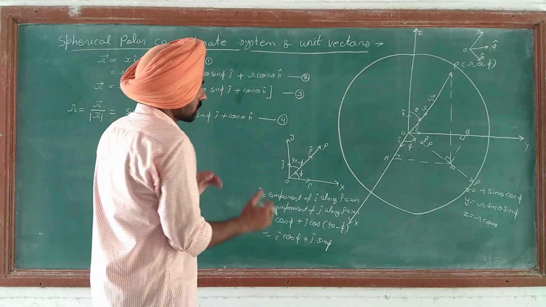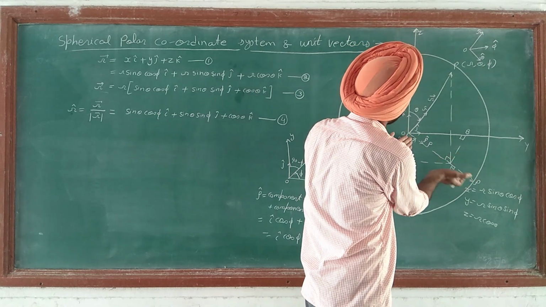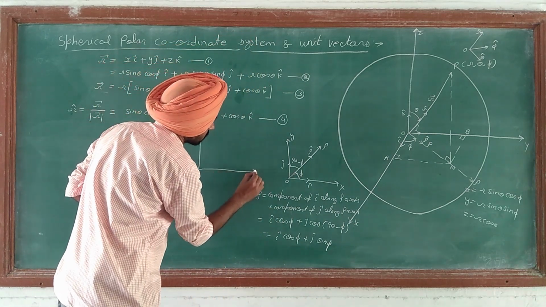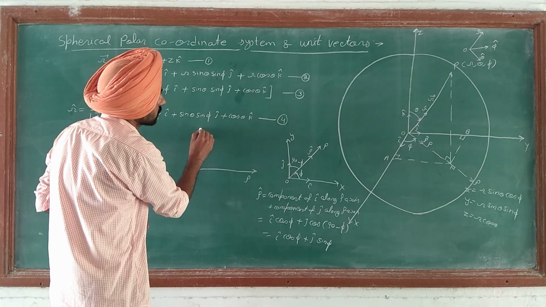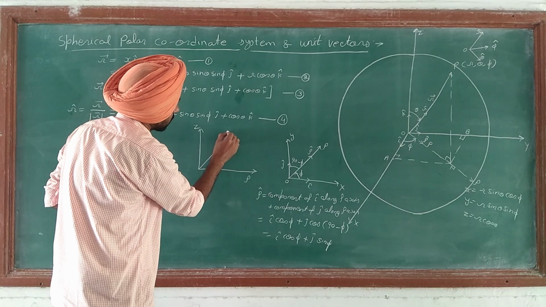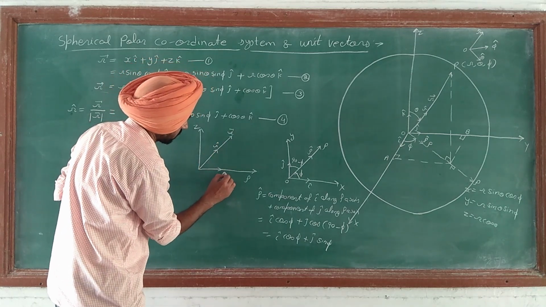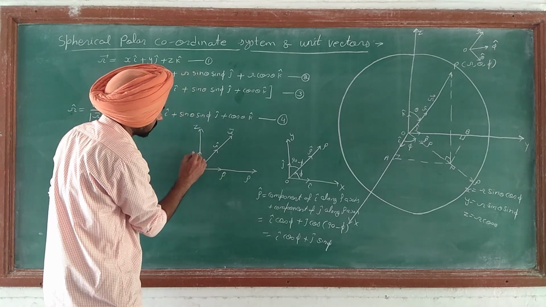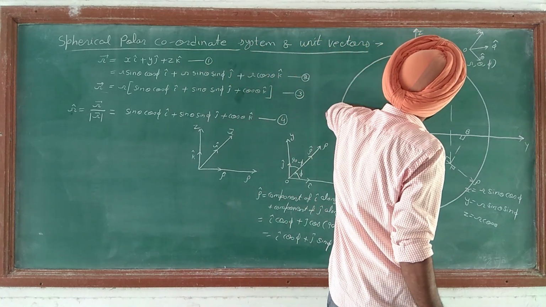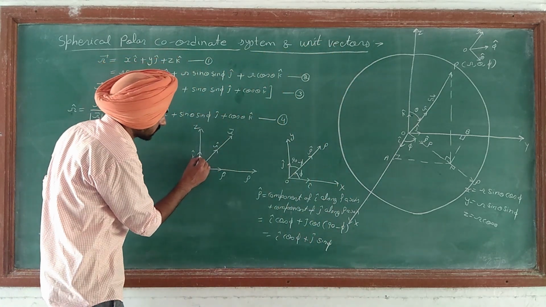Okay. So now I consider this part of the diagram as a separate diagram. This is the rho axis, this is the z-axis, and this is vector r. Unit vector r cap is along this direction, unit vector rho cap is along the rho axis, and the z-axis unit vector is k cap. So now r cap makes an angle theta with the z-axis. That means this angle is theta.